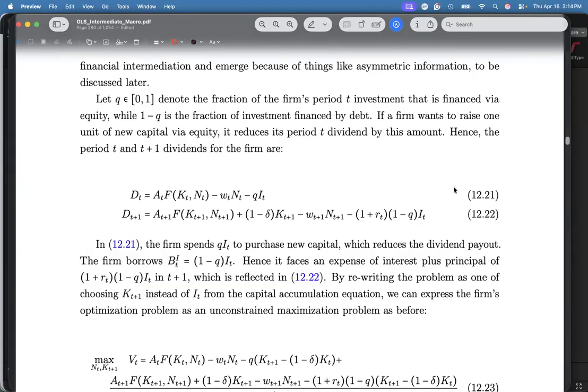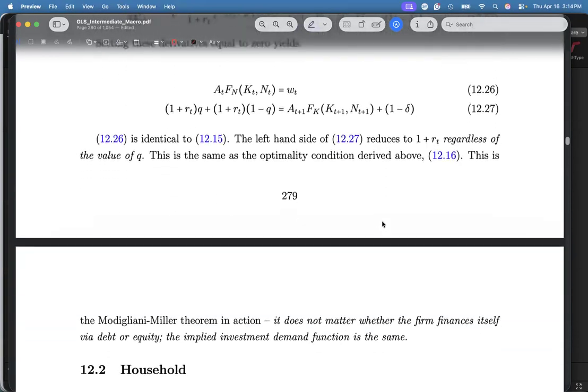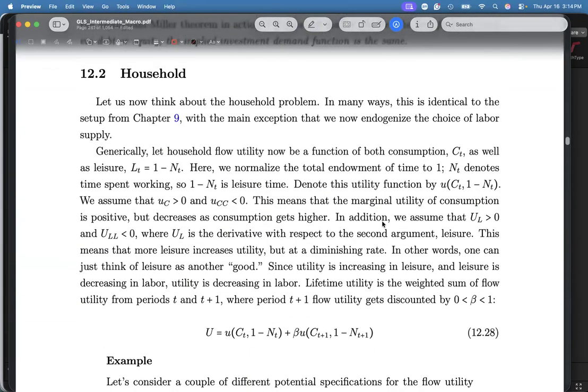So other than this, feel free to go through the derivation. It's quite interesting. And if you're a business econ major, you will probably have to do it at some point. This is one of the easier expositions I've seen of the irrelevance condition. But it really hinges on perfect competition and the ability to have the same R, or the real interest rate. Now, having said that, it will end with this irrelevance condition. It doesn't matter if you're 100% equity or 100% debt or some combination. The first order conditions that we've seen will be the same.